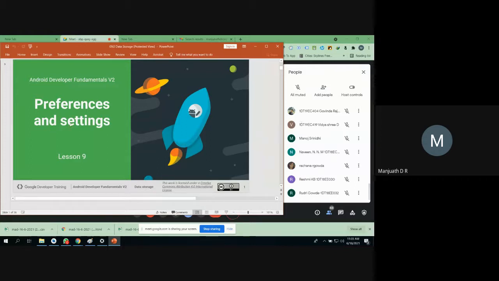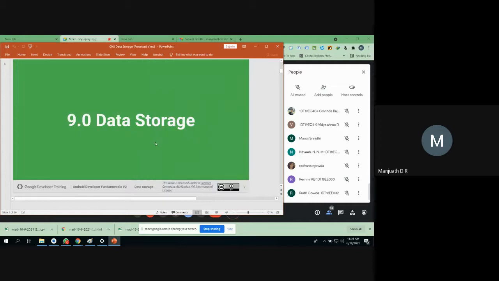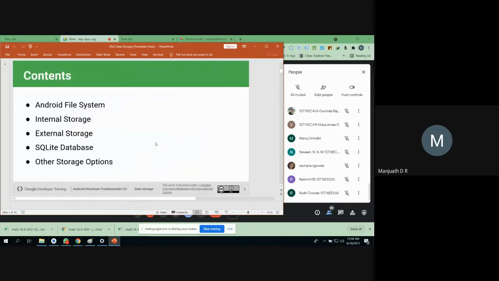Now, before we start the DBMS, from next class onwards I will consider structured data. Today we are going to show how we can store the data in our local phone. That's what we are going to learn today. As I already told, there are different ways you can store the data, and also different spaces where you are going to store the data.